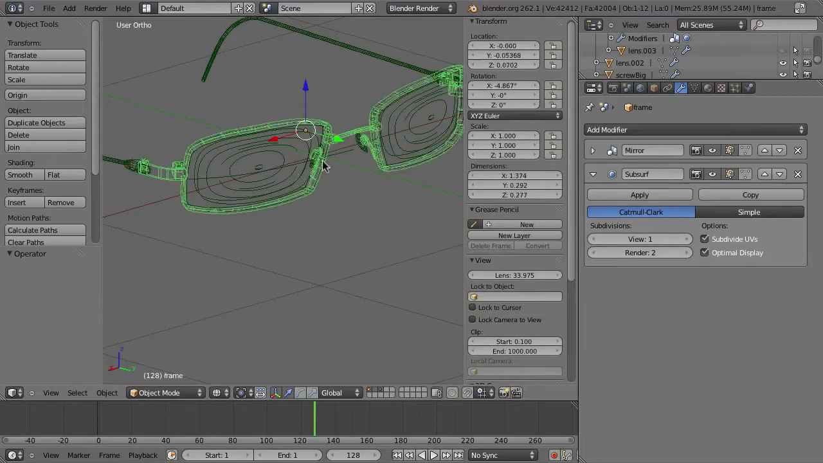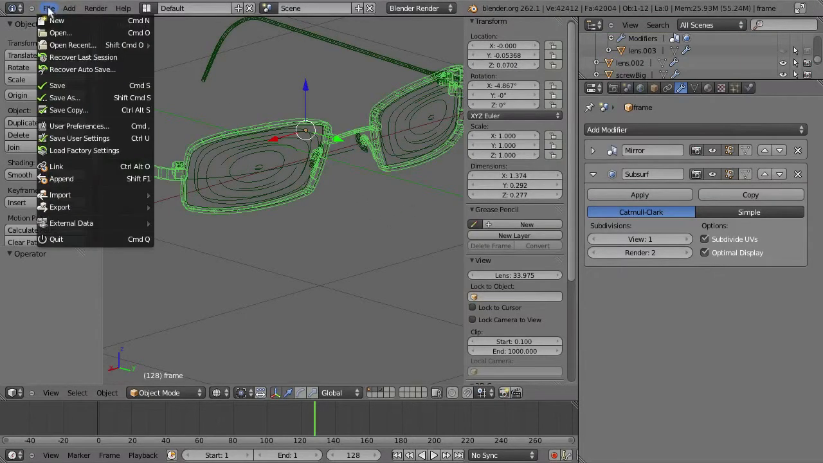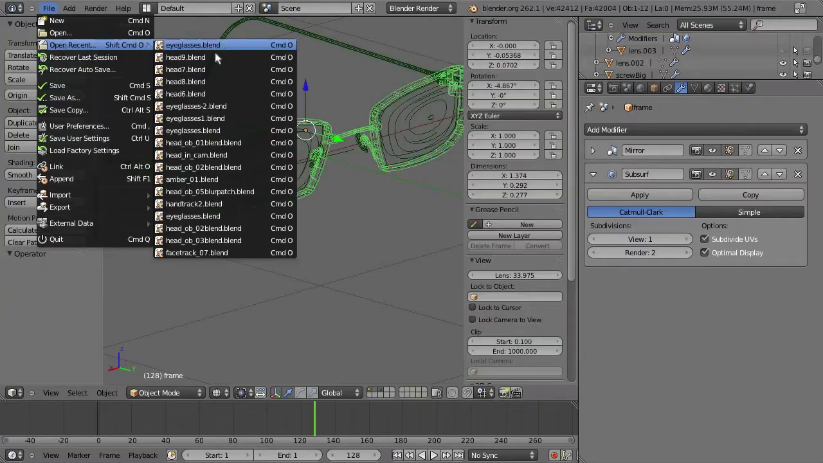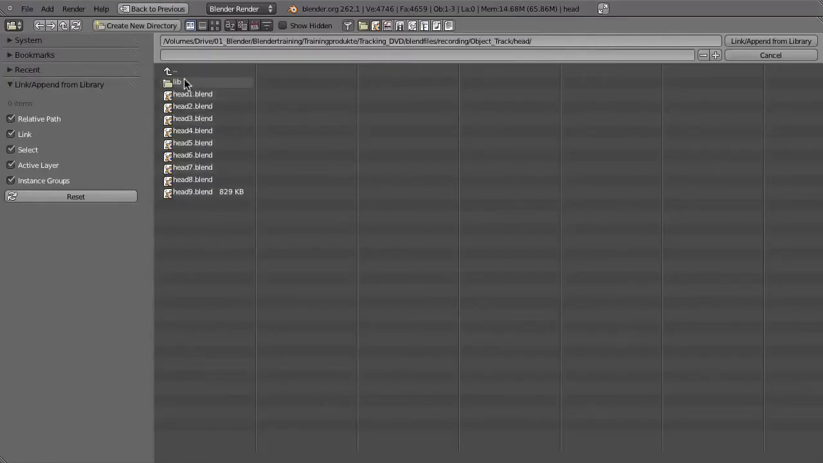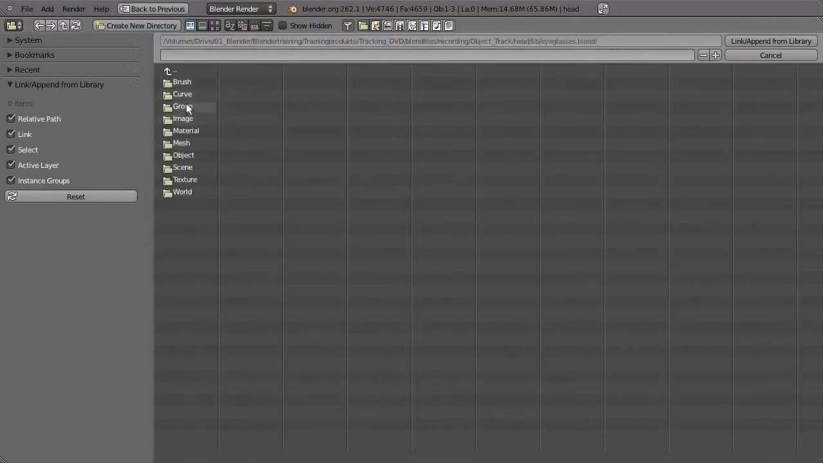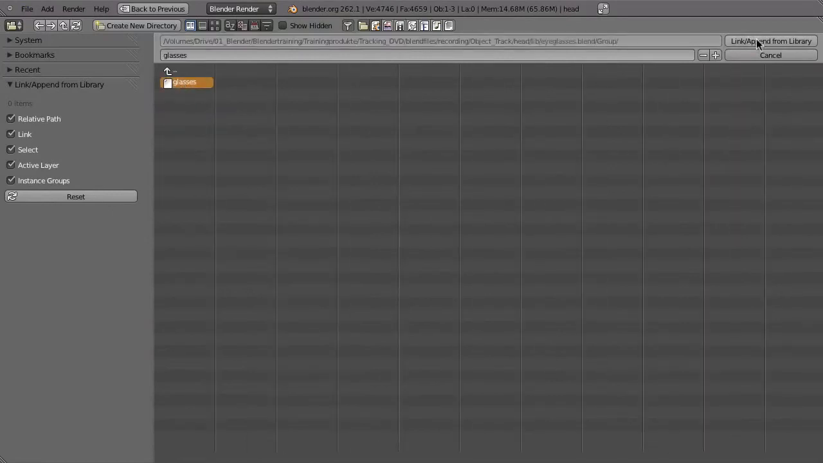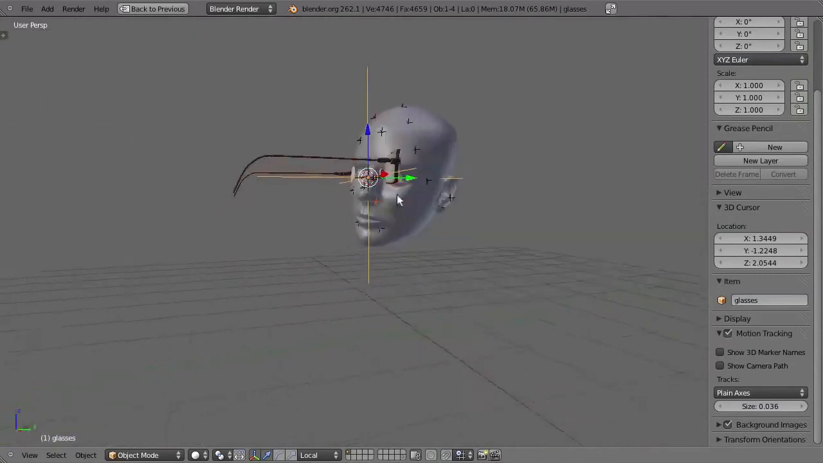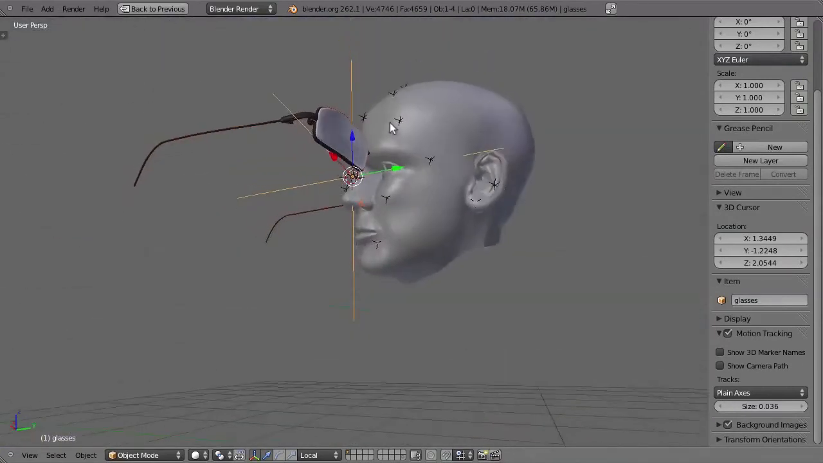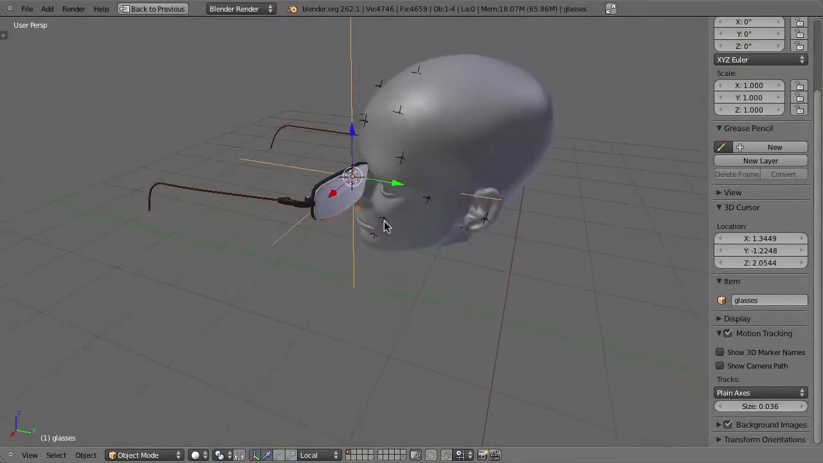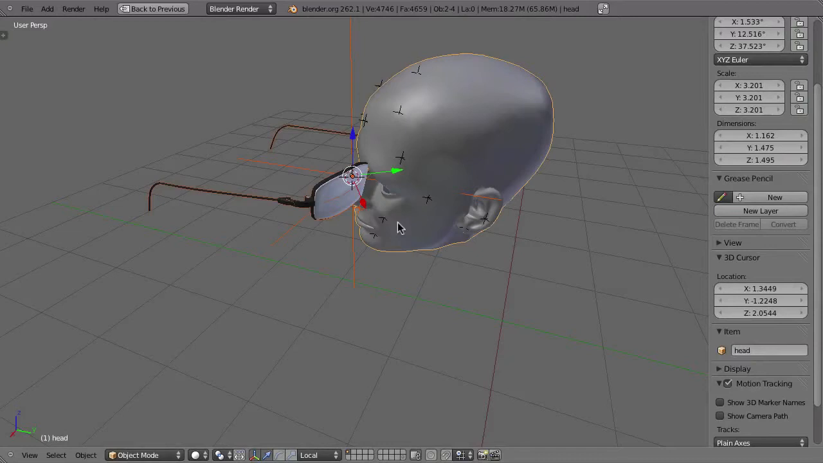And I've grouped them in a group named glasses, so I want to import that. So I go back to my head, file, link, and then here in the library, eyeglasses, group, glasses. Link append from library, and they are here at the 3D cursor. And in this case, we can copy the rotation from the head. So with that selected, shift select the head, then with the add-on,